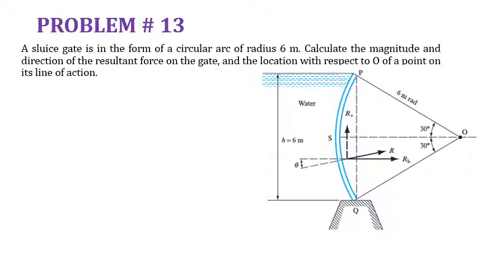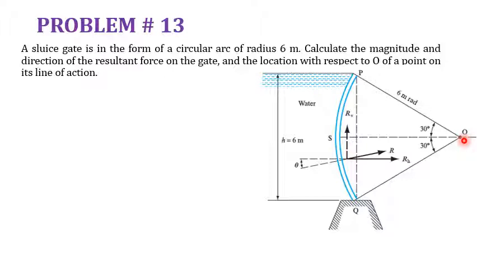A slice gate in the form of a circular arc of radius 6 meter. Calculate the magnitude and the direction of the resultant force on the gate and the location with respect to the O point. So here we have a circular arc, and it has radius 6 meter, and O is the point on its line of action,